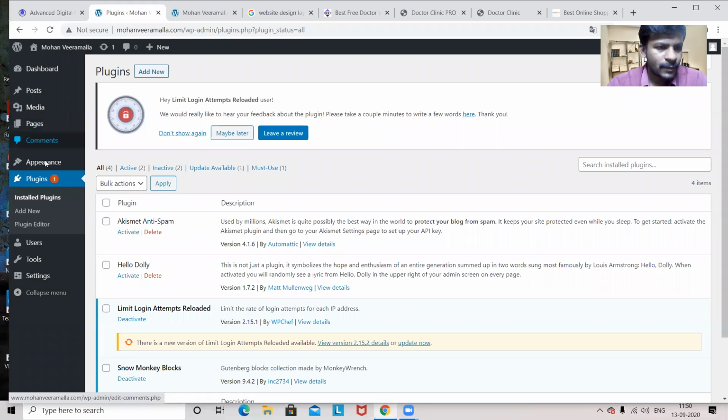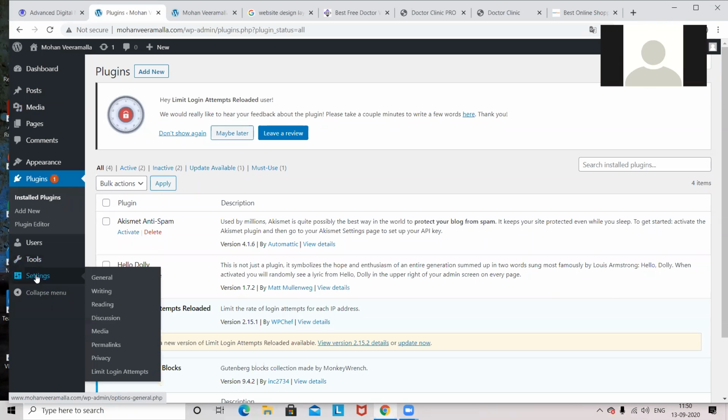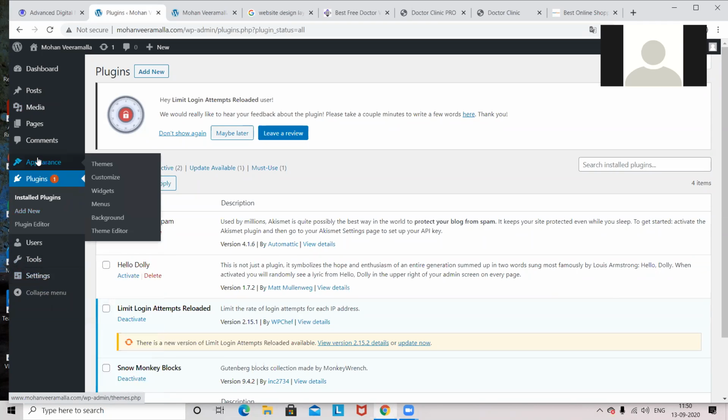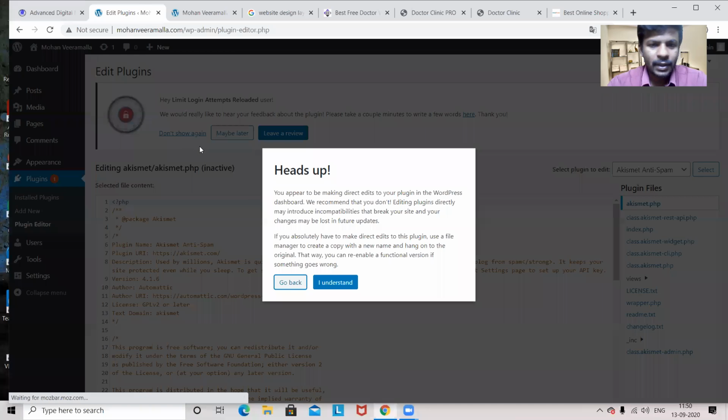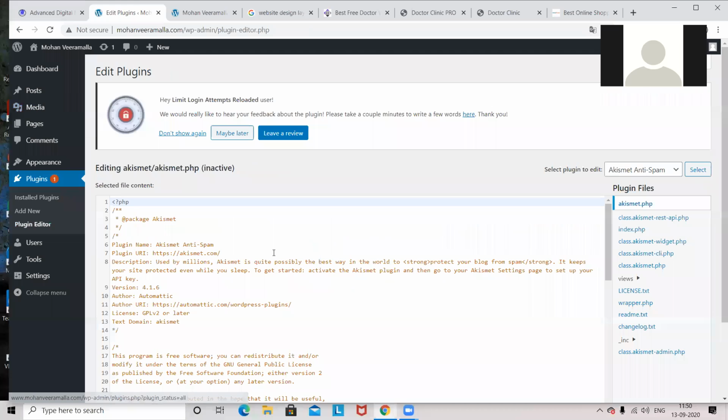Install plugin. No, here it is available as installed, but no, not here. Plugin editor is just below, inside the installed plugins. No, this is not the plugin. You will not see it here. The plugin you will see only on the left hand side.